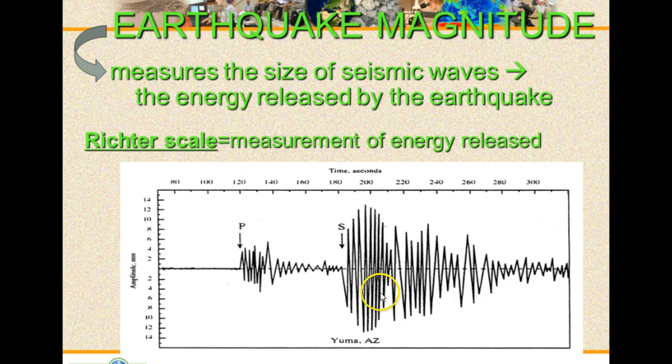And you see a pretty good example of that here. So this is now a Richter scale measurement. You can see the P and S waves that it's measuring, and there is its amplitude. Amplitude is actually defined as the distance between the midpoint and the crest or trough of the wave. So you can see the amplitude measured by this Richter scale. Now the scale runs from 2 to about 10, with 2 being low energy and 10 being the highest possible energy. So get that in your notes.